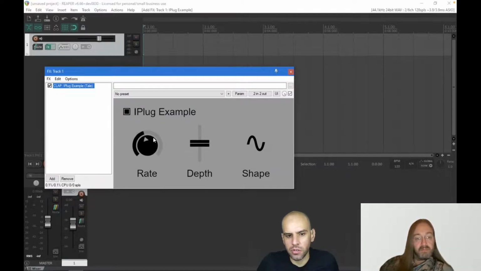And these are components that you get out of the box with iPlug. Yeah, so there's a component that can use an image stack for a knob like this. And likewise, there's a component that can just use a static image that you can drag up and down for this kind of sliders. And of course, there is a component that can do a simple switch. Yeah, but unlike other frameworks, there is no default look and feel for an iPlug plugin. It's very back to basics. And if you want to do anything fancy, then you have to first code it yourself. Yeah, sure. Okay.